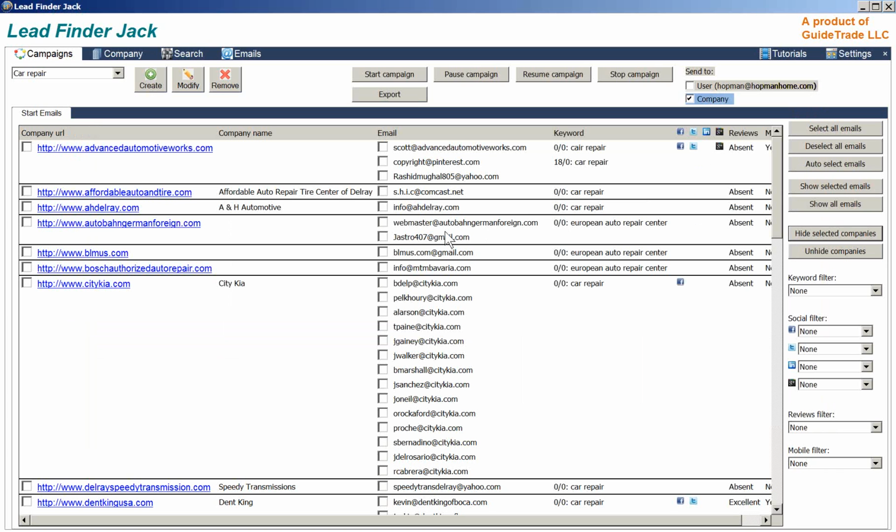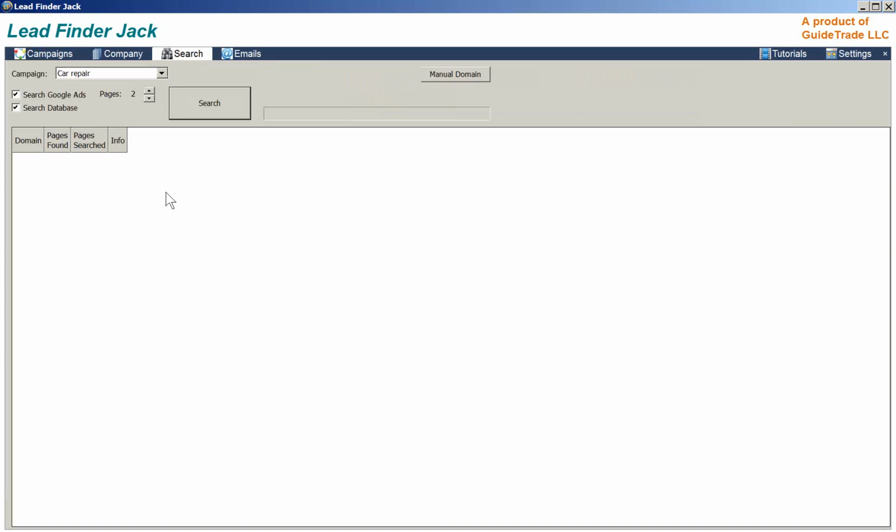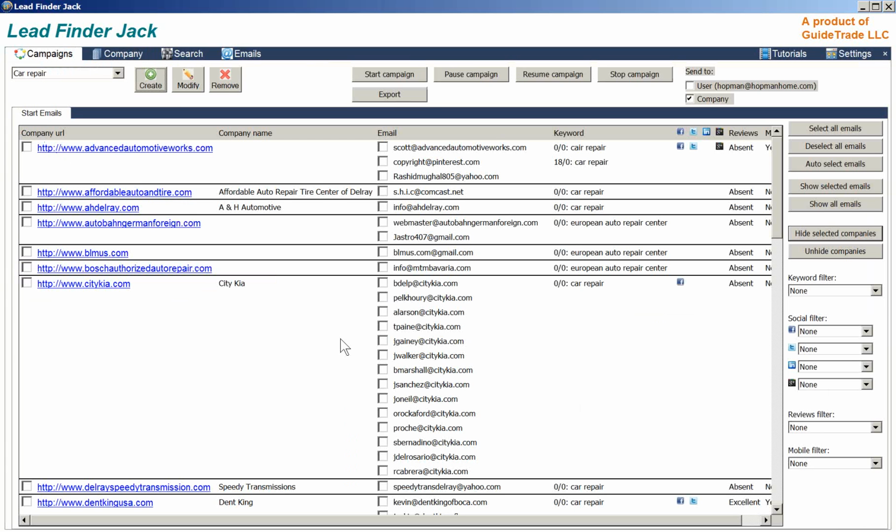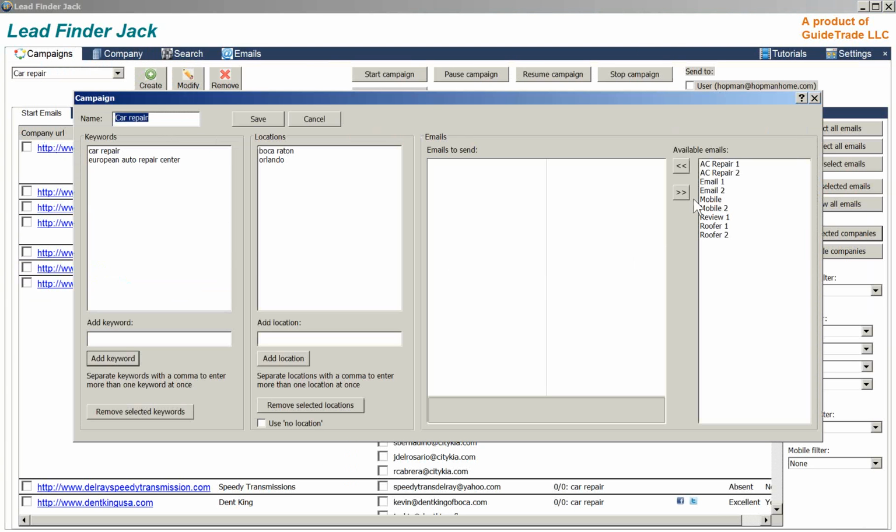So the next step is you go to search, and in search you can do searching on those keywords for that campaign, and you get all that information. And in company you can review on each company in detail what has been gathered. Then in campaign you go modify, and you can use one of those email templates which you can define on the emails and use them